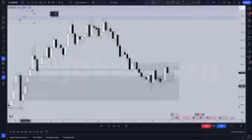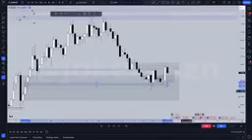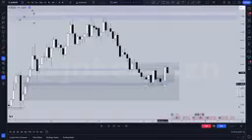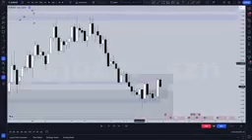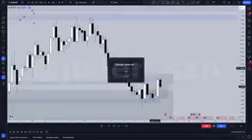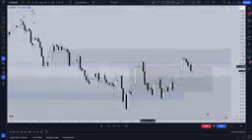Let me actually mark this one out again. So we got the volume imbalance here as well, and you can see we never failed to close below, right? We respected that level, and now we got a displacement, and now we go down to the H4, and we will look for